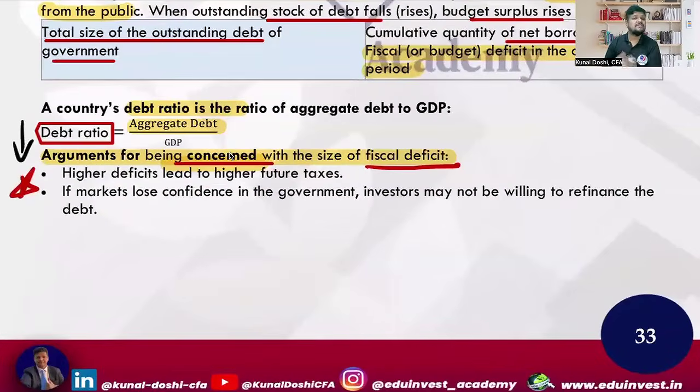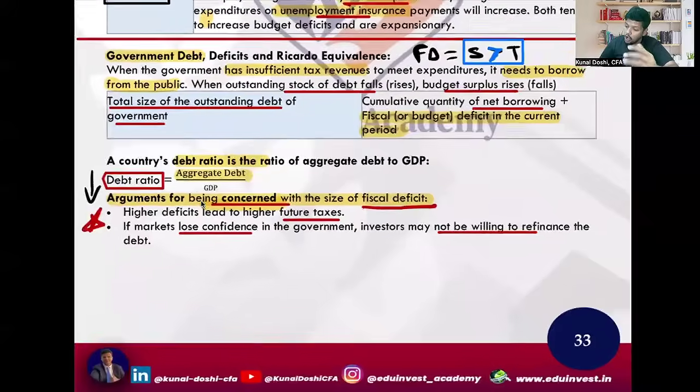For those who believe it's a concern, what is the reason? They say, very logically, that the economy is going to keep on borrowing more and more, right? That means the government at some point of time will need revenue to pay. So that will lead to higher future taxes, right? And if the government is going to be prolonged in borrowing, dependent on borrowing, and will increase the taxes, the consumers will lose confidence in the government and will not be willing to refinance the government debt because they think at some point of time this bubble will crash.